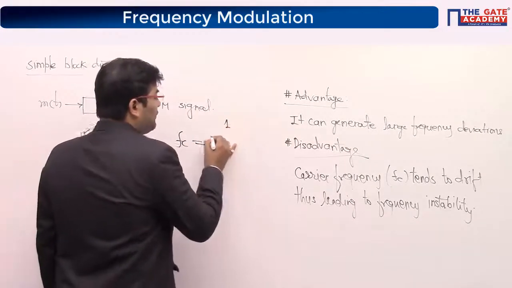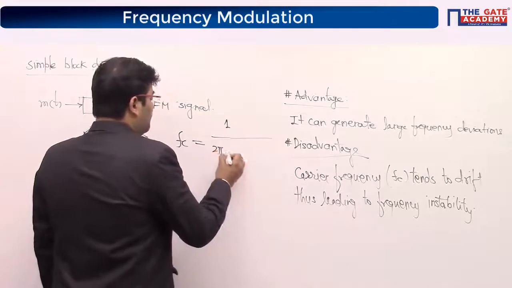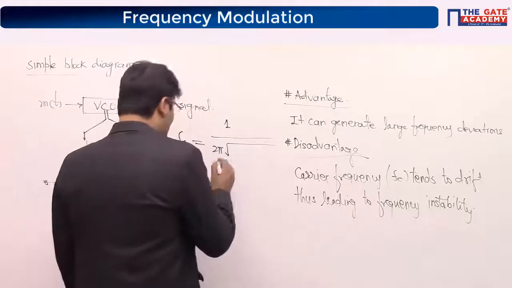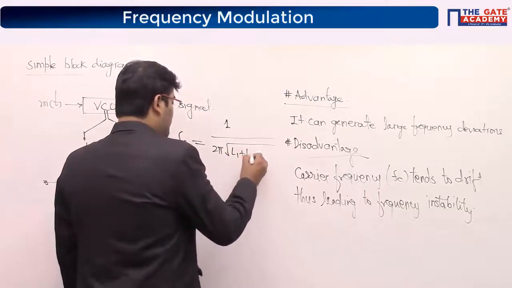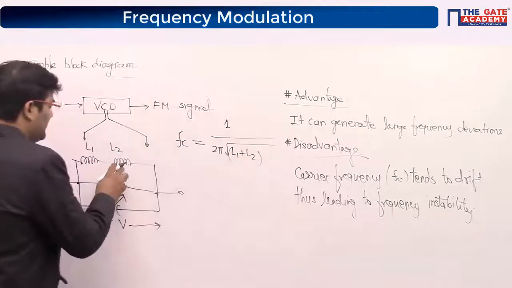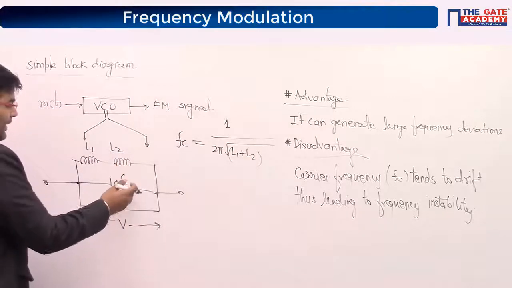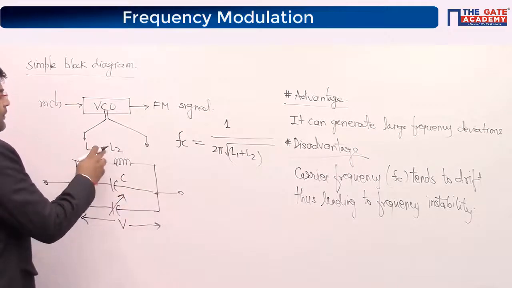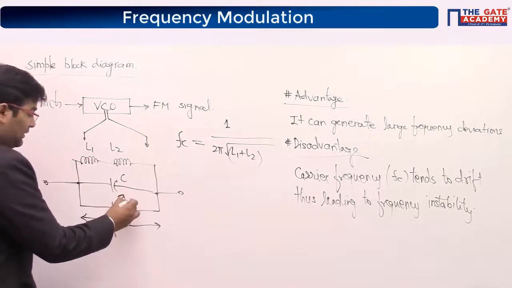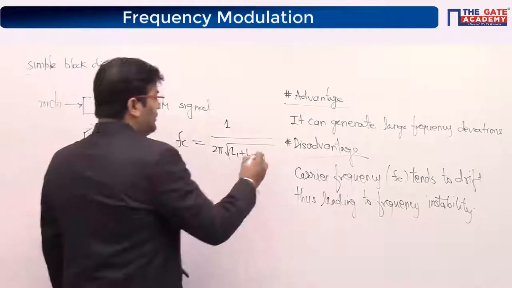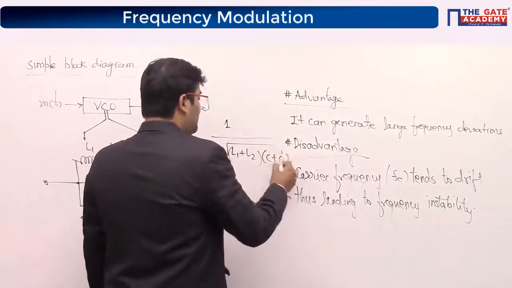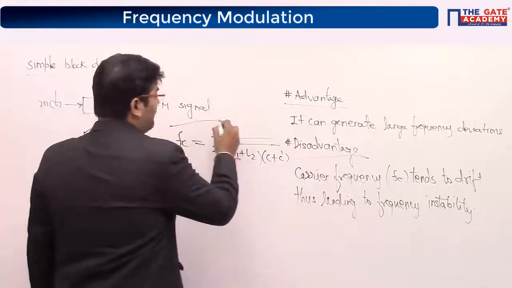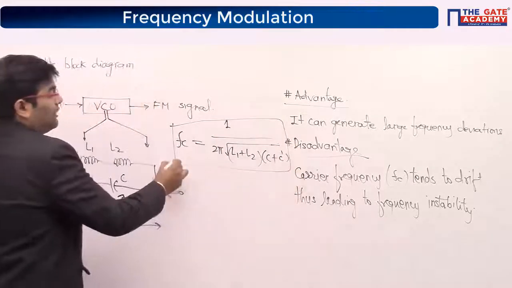So you will get the frequency 1/2 pi, and if I am right, root under L1 plus L2, because these two are in series, and you know that you add capacitors in parallel. So it's just opposite duality, L1 plus L2 and capacitor C plus, let's say, C dash. So that will also get added. Okay. So this is the formula you get. Okay. So please put it in the box.